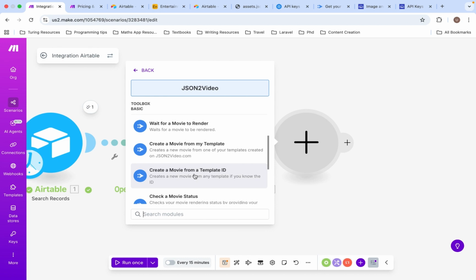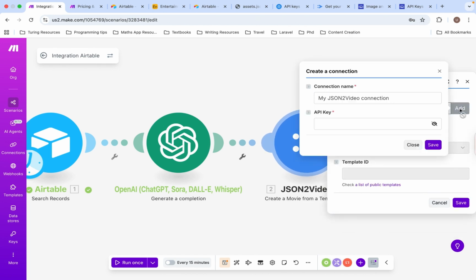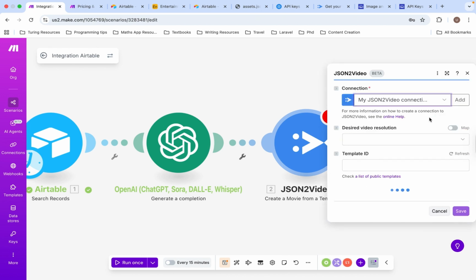All right. So now let's click on create a movie from a template ID. Now, the same way we configure our connection, just put your API key here straight up and you're good. Now I already have my connection. I'm going to select the right one I want to use for this